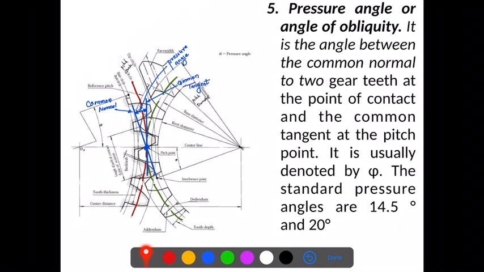And where these two teeth meet each other, if I draw a normal to the profile of these teeth, which makes a 90-degree angle, then the angle between this common tangent and the common normal is called the pressure angle, and the value of it should be